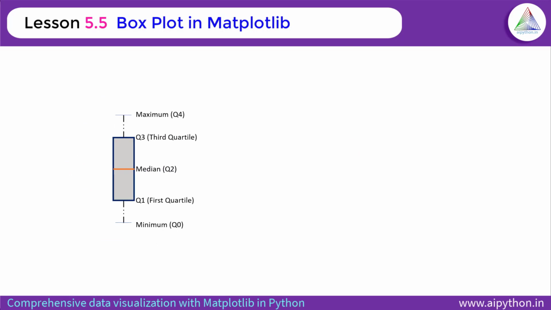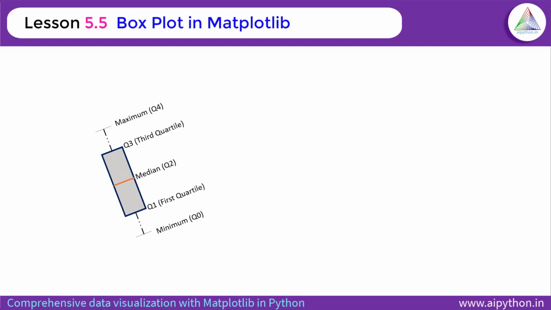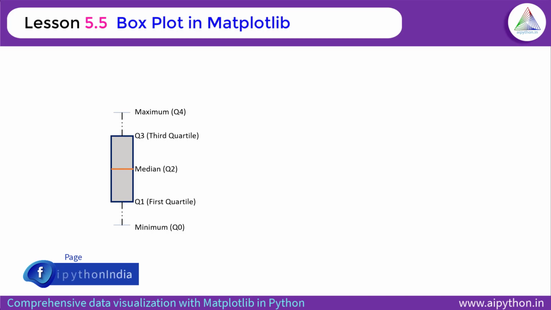So let's see an example of box plot using the image shown here. This is how a typical box plot looks like. It can be represented both horizontally or vertically. As you can see, there are 5 markings on the box, including this maximum and minimum level at the top and bottom part of this box. Let's understand each one of them quickly.